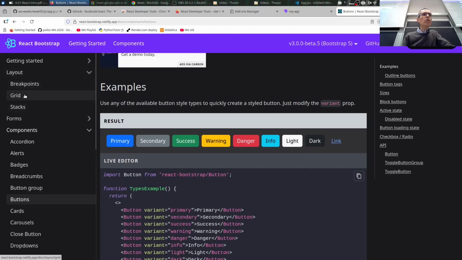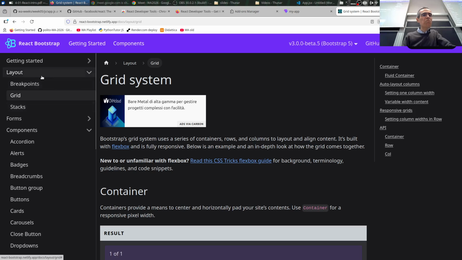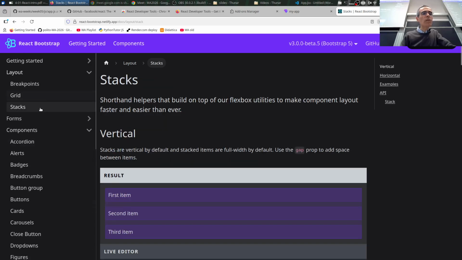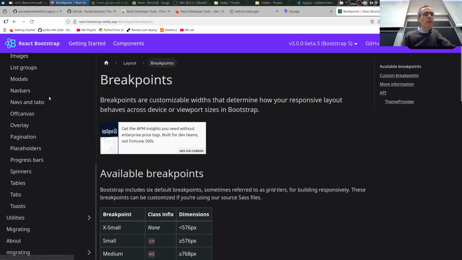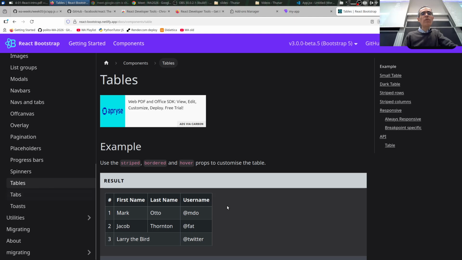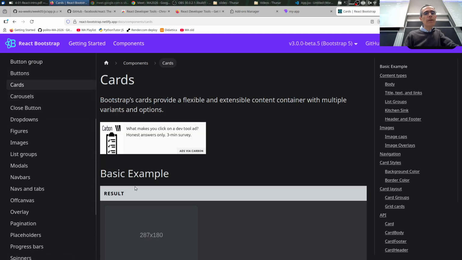So you want to achieve the grid layout, you want to achieve the column layout, and I'm not sure where it is. Breakpoints are other stuff, not required for the exam. I cannot find it where it is. But for instance, for the tables, for the second lecture, I mean today, there is a component already ready to be used. Or for instance, for cards, or